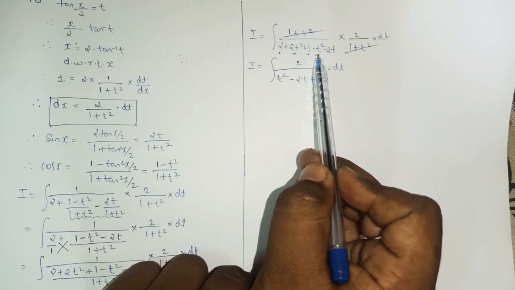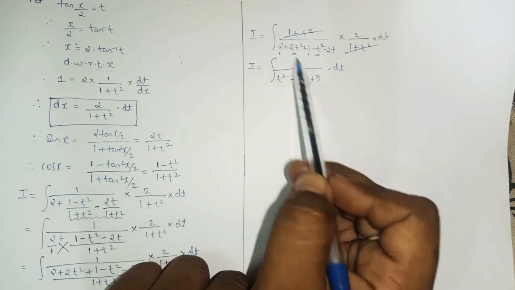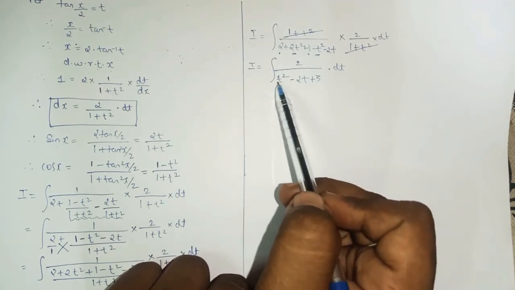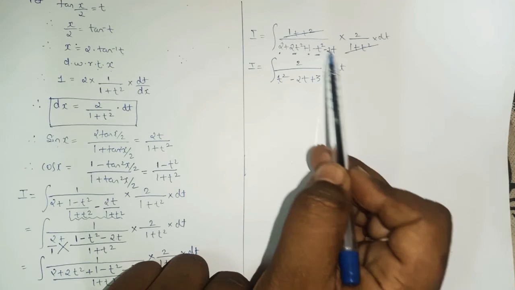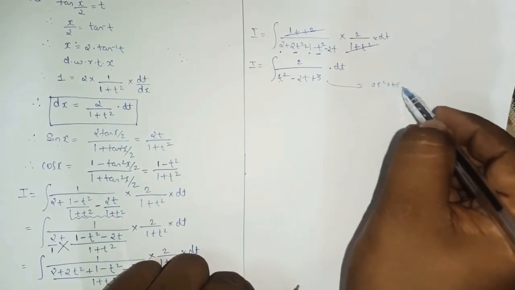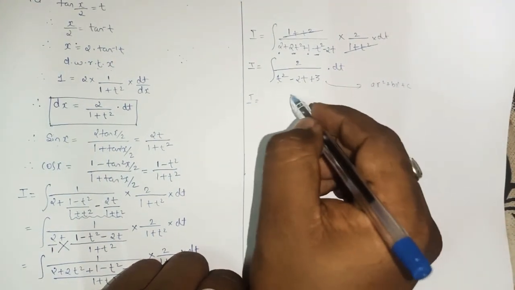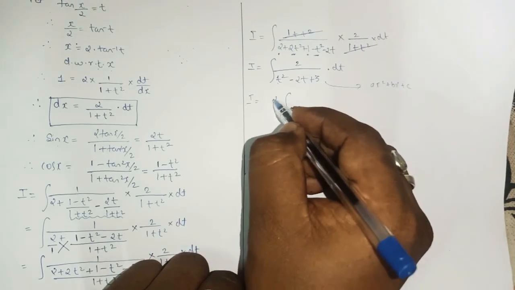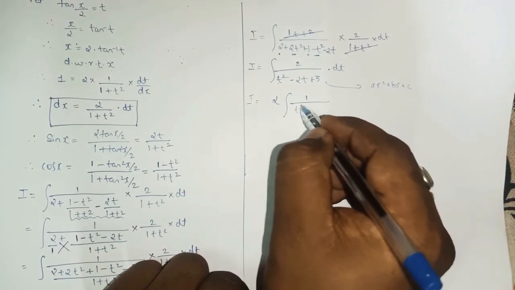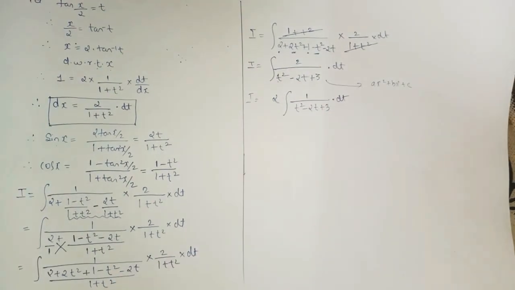T square it was the like term, so 2t square minus t square it will be t square. Then I wrote 2t, and then after that 2 plus 1 is what? 3. So here I had converted this denominator section into this form, ax square plus bx plus c. Okay, now as per the rule we know that it should get converted into 1 upon quadratic, so here 2 will come outside, so this will be 1 upon t square minus 2t plus 3 into dt. Yes or no? Understood?